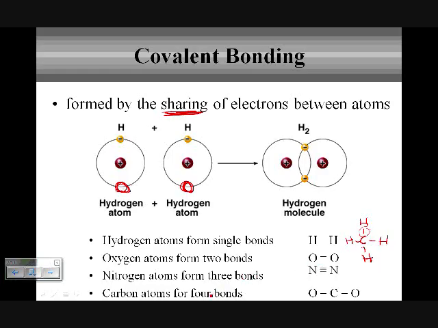But if you look down at the 4th bullet, carbon forms 4 bonds. 1, 2, 3, 4 off of the carbon. Nitrogen wants to bond 3 times, and oxygen is looking to bond twice. So in the example of H2O, our hydrogen has 1 bond coming off of it, but our oxygen has 2 bonds coming off of it. So in covalent bonding, certain atoms are going to be more likely to form certain numbers of bonds so that